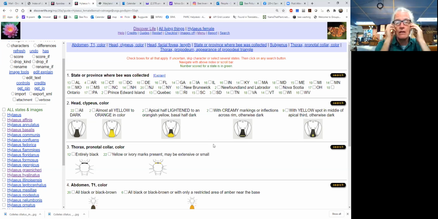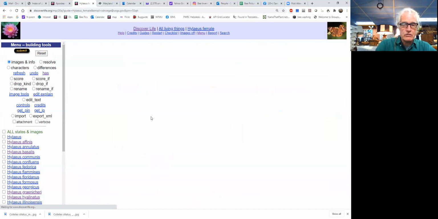In other words, someone spent the time to score the basic characters that were already in there, but what they didn't do is when it comes down to it, if we go here to the Has button, these are all the characters in this guide, this Hylaeus female guide. If this shows up,